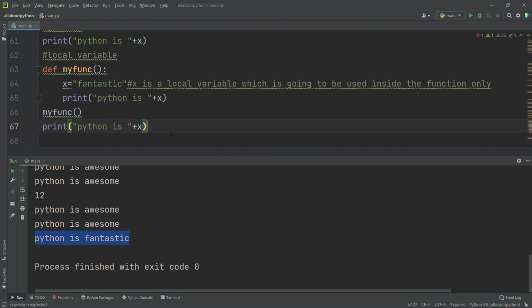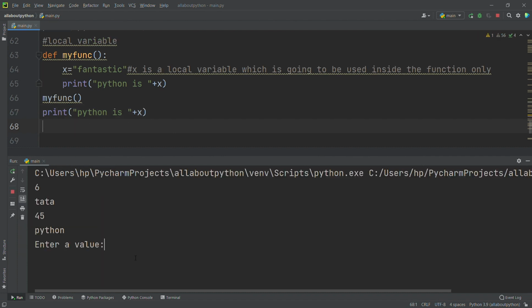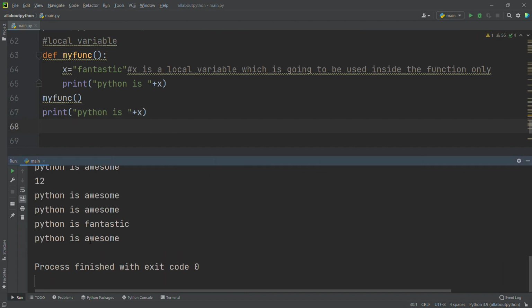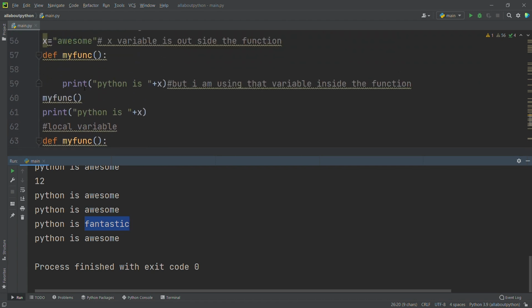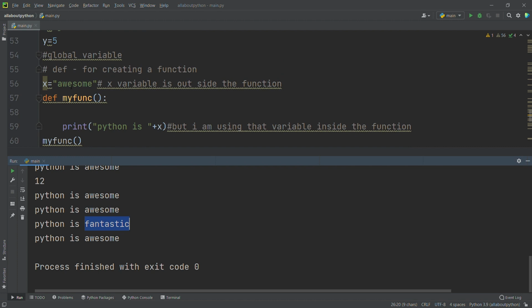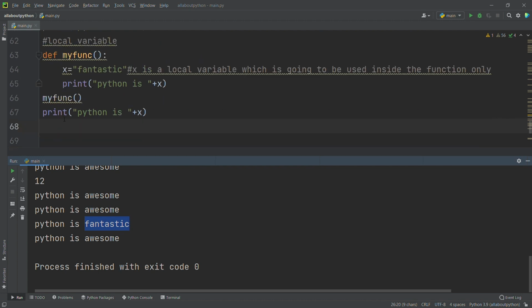Now I will run this. See here, it's again printing awesome, but it's not printing fantastic. Inside the function only it's printing Python is fantastic. But for the print statement which is outside the function, it's printing where I had given this x is awesome, right outside the function. That's why it's called a local variable, and that's why that is called a global variable, which can be used inside the function as well as outside the function.